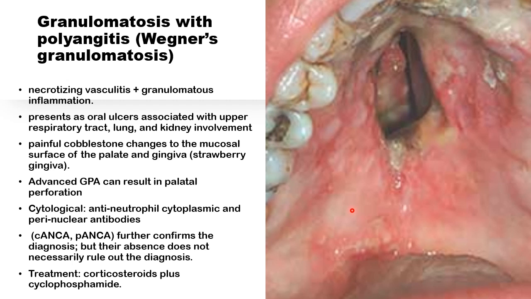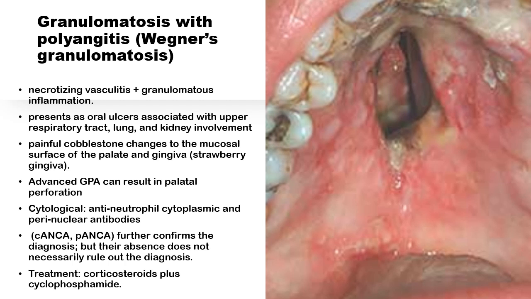The initial lesion would be a painful cobblestone change to the mucosa of the palate. In advanced cases, this will cause a palatal perforation like in here. The diagnosis would be established with C-ANCA and P-ANCA, but their absence does not necessarily rule out the diagnosis. The treatment is corticosteroids plus